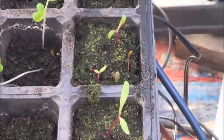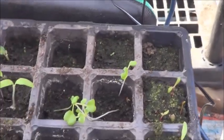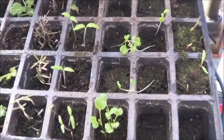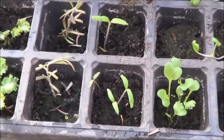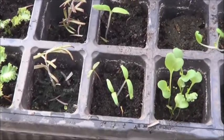Got some Swiss chard here from those chard seeds I saved last year. We've got some more pak choi in the middle there. Couple of different varieties of kale. That's why I'm not sure if that's dinosaur kale or not that I've got in the aquaponics bed, but I think it is. And then here, for the most part, although I see a little weed in there,